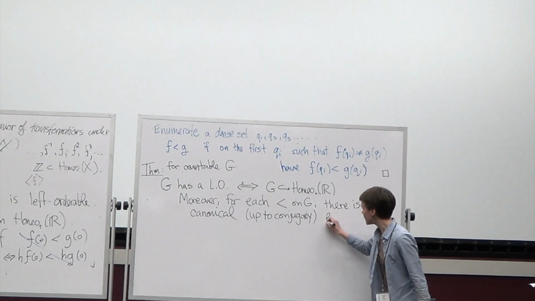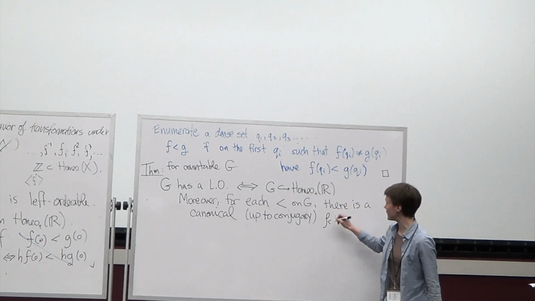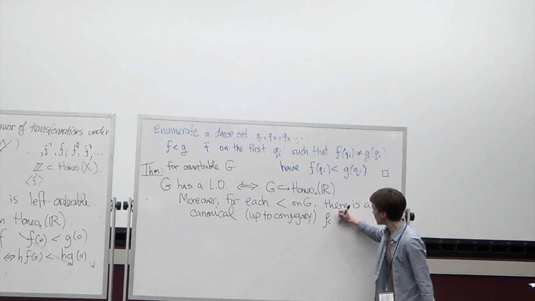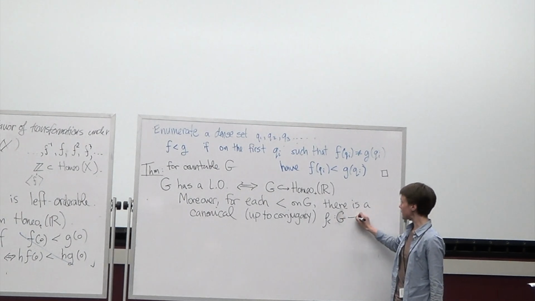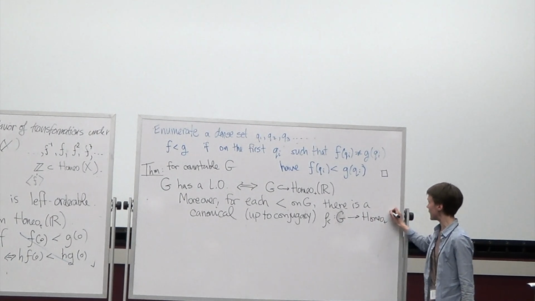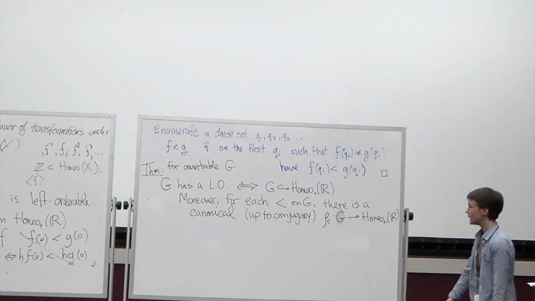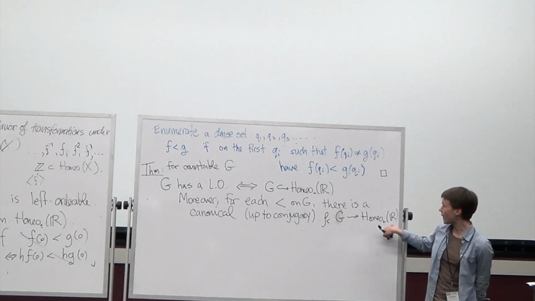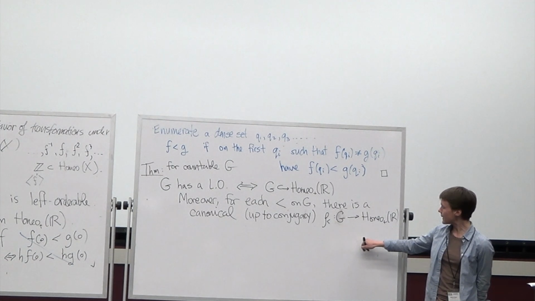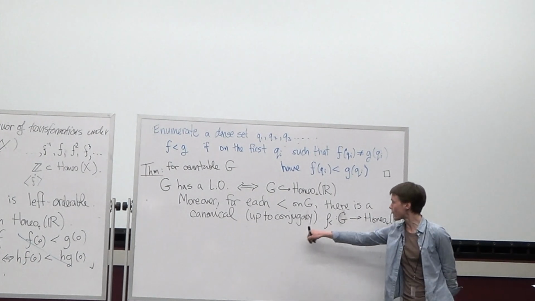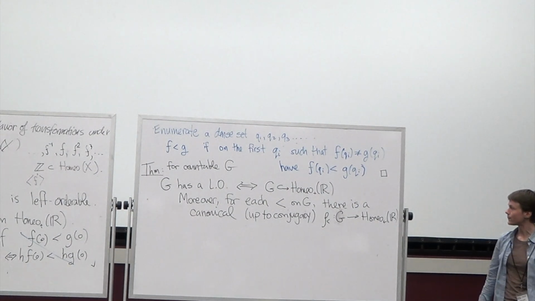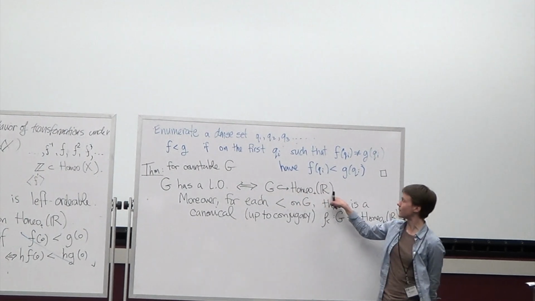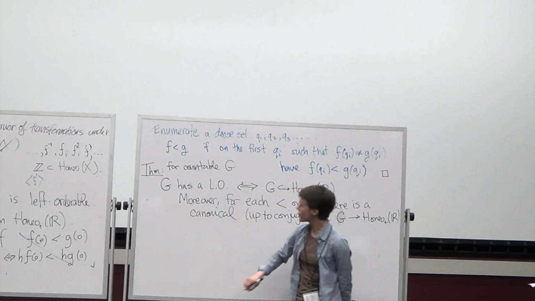I'll write this as rho, which seems like a good name for a representation, from G to the group of homeomorphisms of the line. And in fact, it has an amazing property: there's some point on the line that has trivial stabilizer, and its images under elements of your group are ordered just the way elements in your group are. So there's a great way to go from a left order on a group to an action of that on the line. So let's actually prove this theorem,